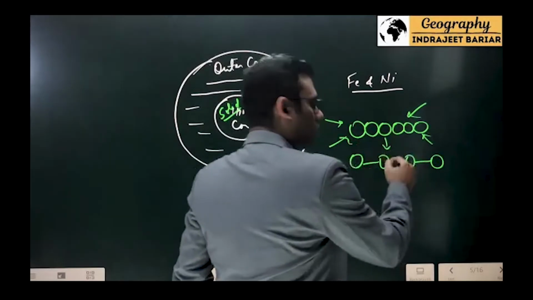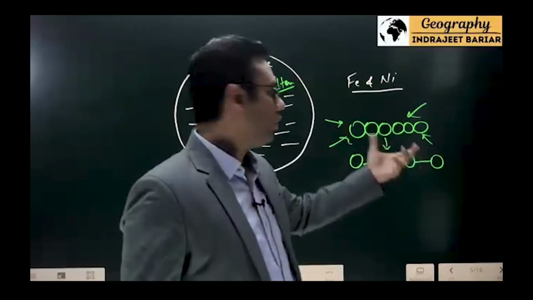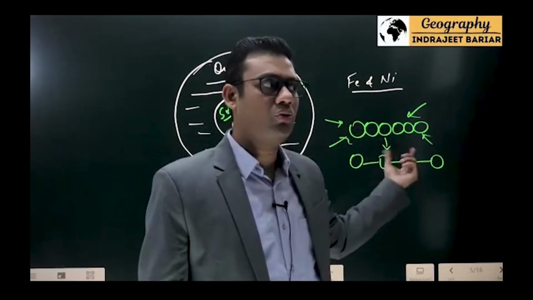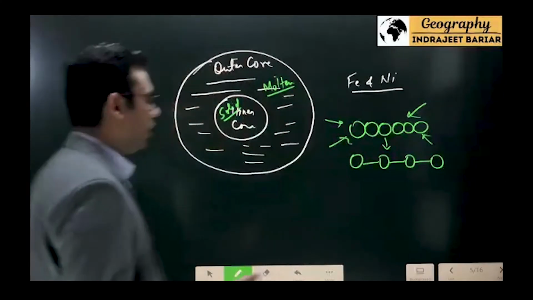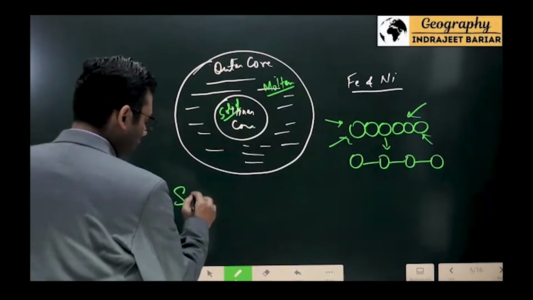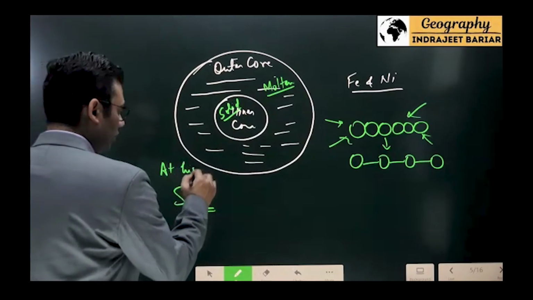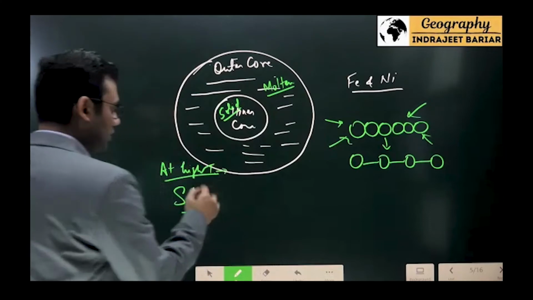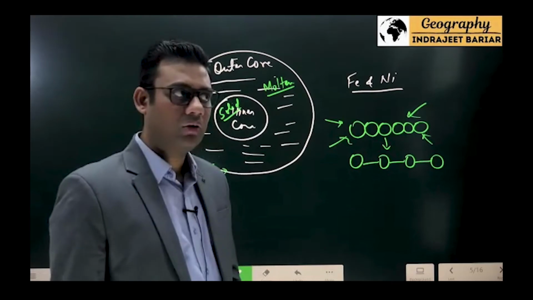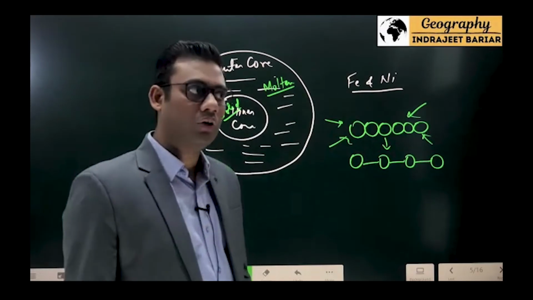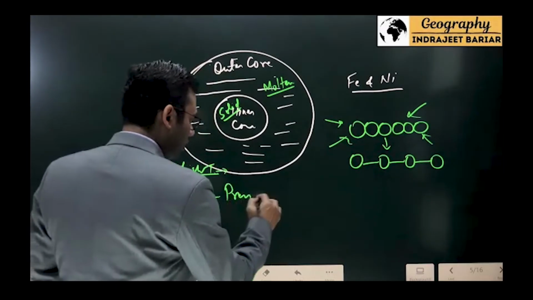Going from solid to liquid is like loosening of the bonds between the molecules. But if I put a lot of pressure, I will not allow the bonds to loosen, and so the melting point increases. So if something is solid even at high temperatures, what would it mean? That pressure is very high. Pressure is not allowing it to melt. So if it is solid, I'll say pressure is very high.